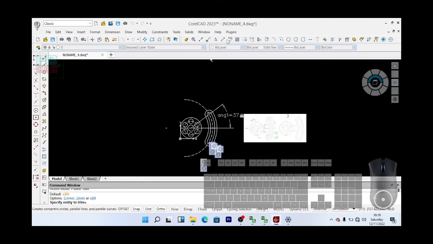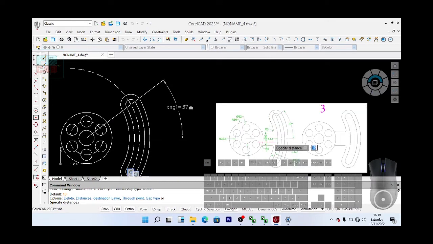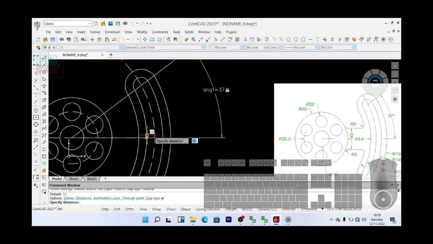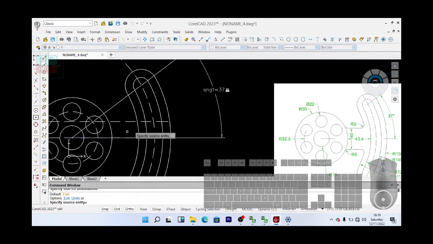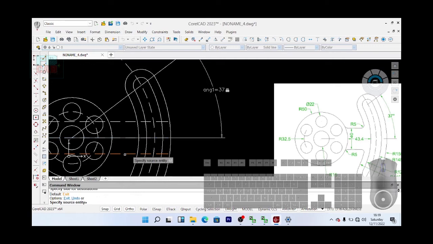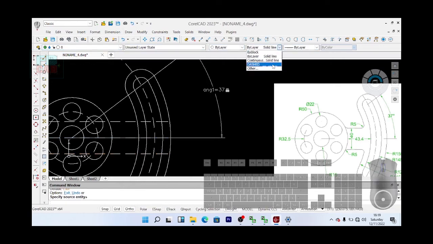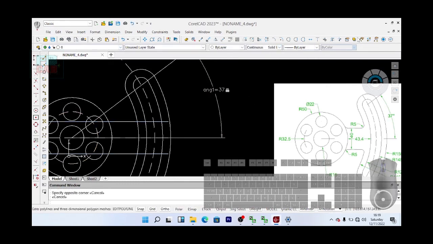So that we're going to use our offset tool one more time. The distance between these two lines is 14, and I assume they are symmetric along this line. So I'm going to take a distance of 20, then pick this line, go up, pick this line, come down, enter. So I come here, I fill my continuous line, pick this. I want them to be continuous lines, so change the line to continuous. Okay, now use my power trim tool,